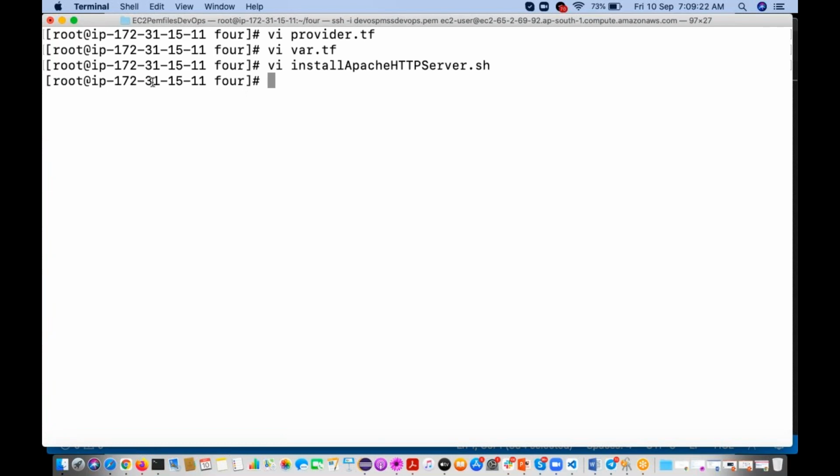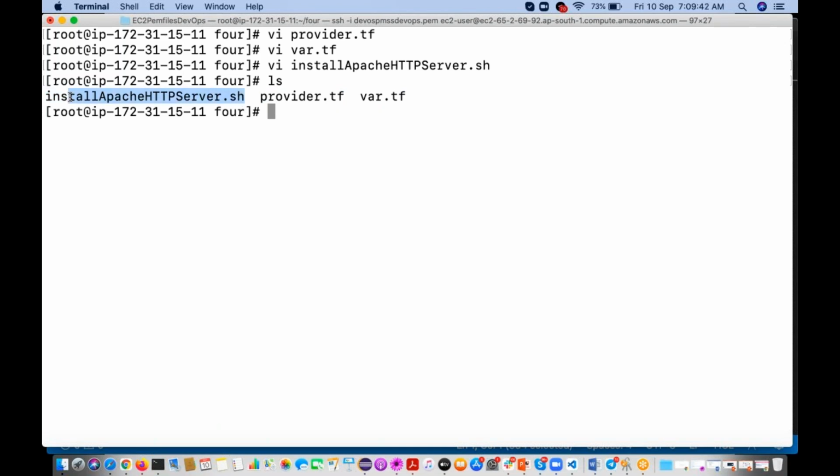Kesh is saying that user_data is like bootstrapping. Yes, while creating that instance, it is going to run that script. Now you have provider.tf, var.tf, and this shell script.